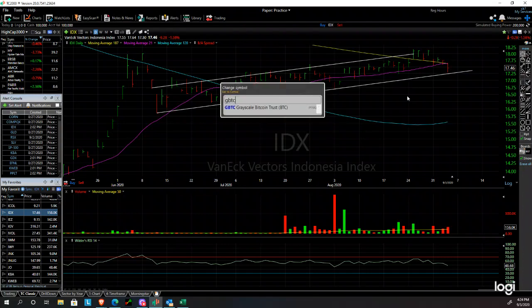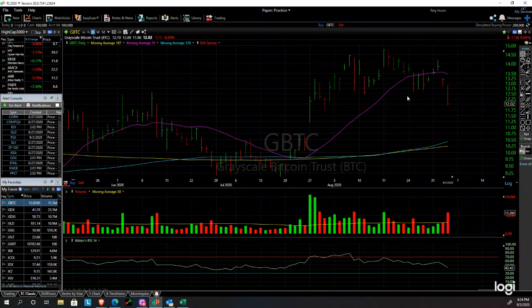We also bought exposure to something that is a little bit different, but we bought exposure to Bitcoin. For those of you that don't know what Bitcoin is, it's the digital cryptocurrency, and it's very sensitive to the movement of the dollar. When the dollar moves up, Bitcoin moves down fairly heavily. When that changes, Bitcoin moves up very, very quickly.